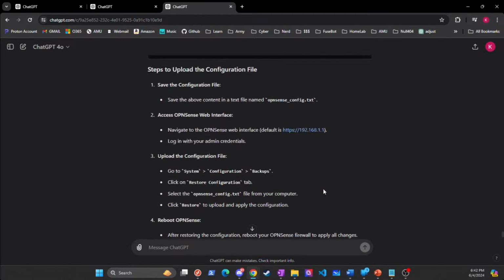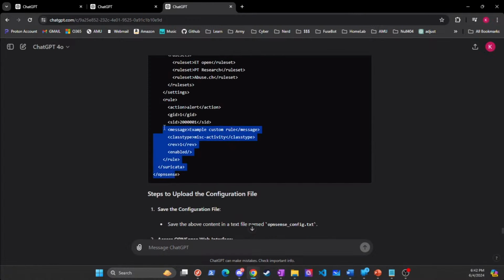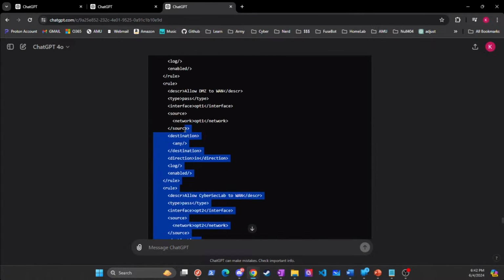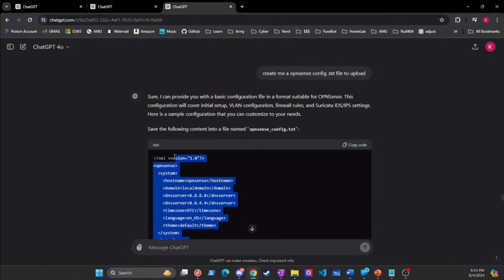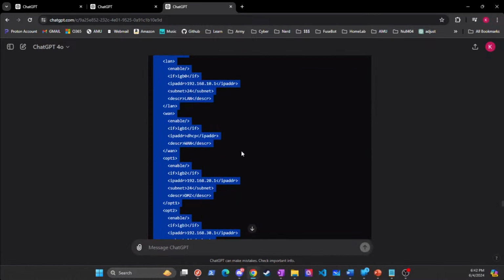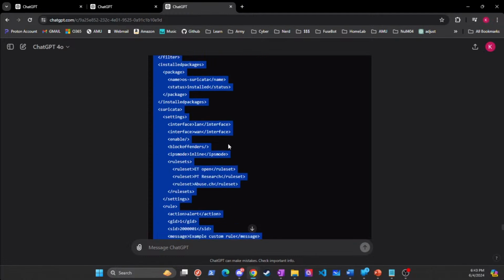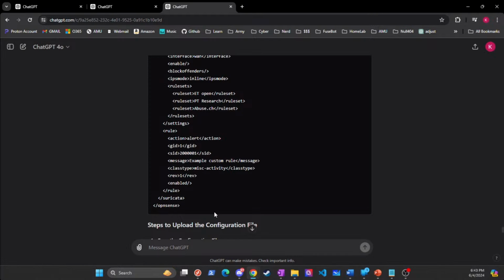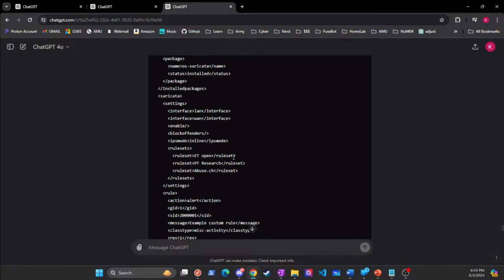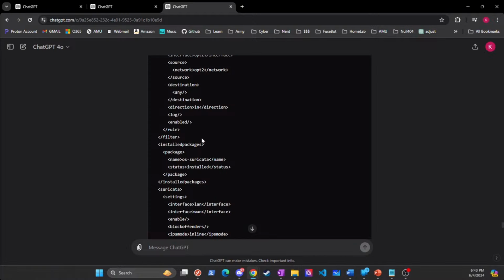Yeah. So ultimately, ChatGPT helps enable this, right? If you are so confident in ChatGPT that you're willing to copy and paste this config file in its entirety and say, yeah, I'm going to put this on my production environment, you would be crazy. I would say use this as a baseline, because I can't even tell you if this config file right now is the actual correct one. Maybe just the Suricata rule sets are correct: ET Open, PT Research, ABUSE.ch. Some of it, I just don't know if it's formatted correctly, right?